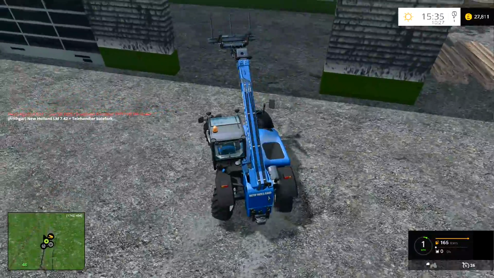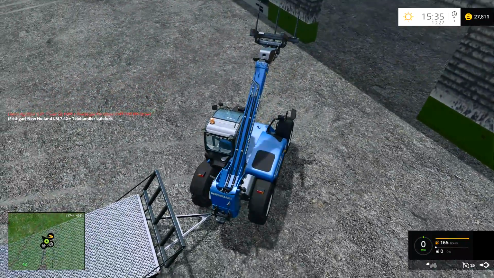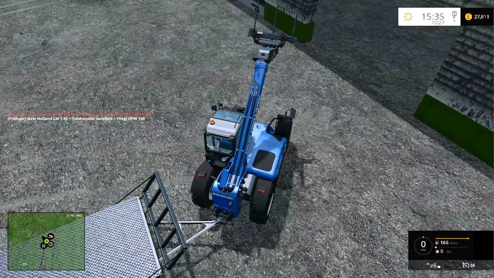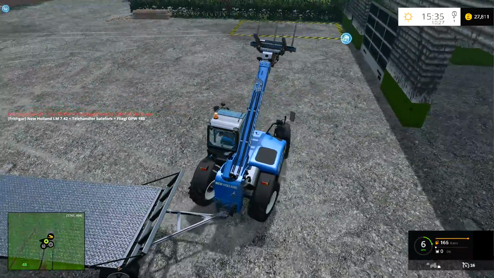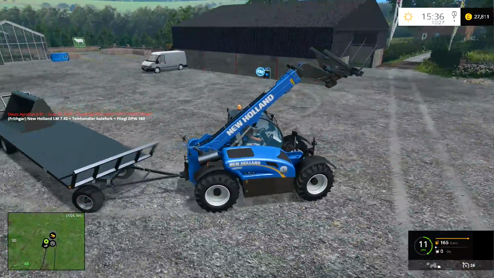I thought you had to have the spikes pointing downwards. So let's see if this trailer will hitch onto this one. Yes, it does. Excellent. Right. So we can tow the empty trailer with this one. We just won't be able to tow...